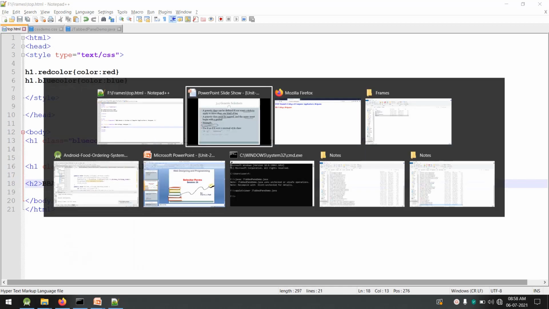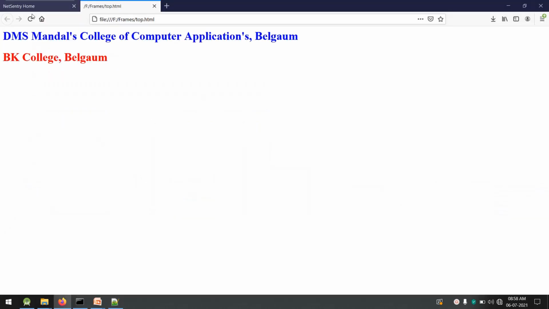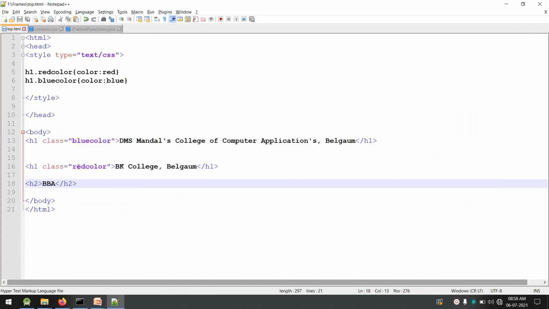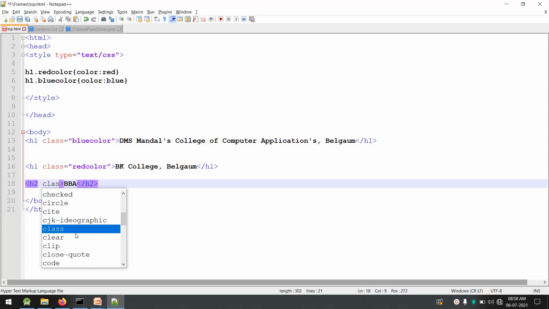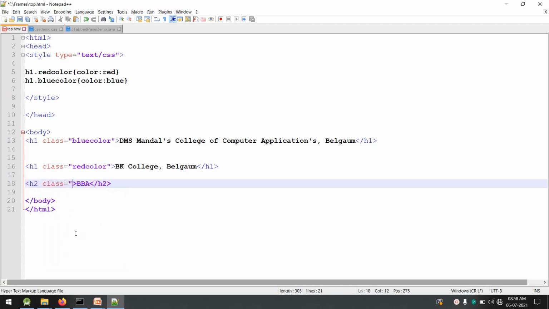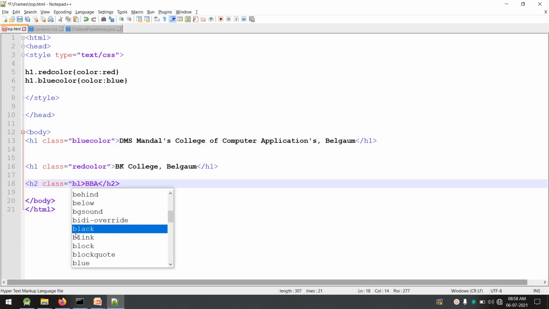Now if I execute this, BBA has been displayed in the default color black. Suppose I want BBA to have the color blue, then I try to use the blue color class which we have created, class blue color.